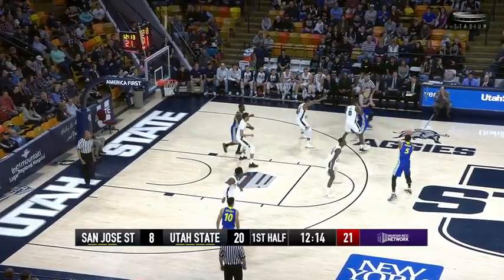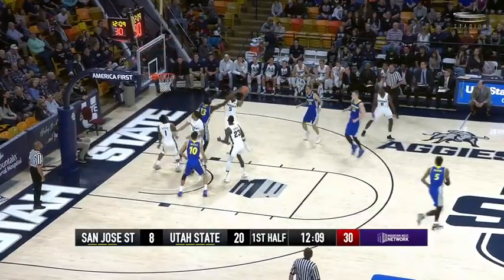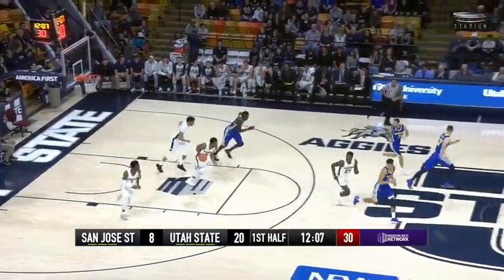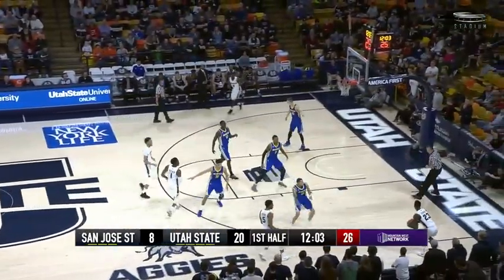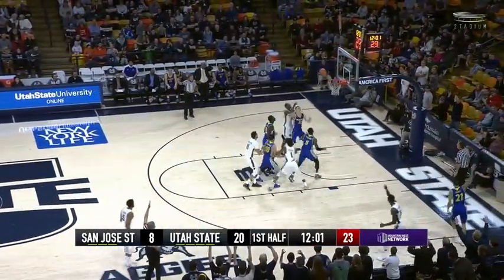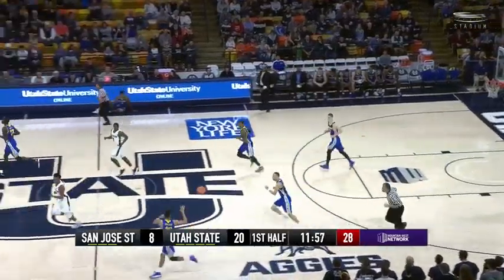Back to Nichols, who swings it back over to Fisher. Welledge will take a right wing three. That's short, no good. Rebound pulled down by Julian Perry. Aggies lead by 12, 20-8, 12:05 left to go. Perry over to Henson, long three, and rimmed out. Looked like it was going down, but Welledge is there to pull down the board as the Aggies quickly get